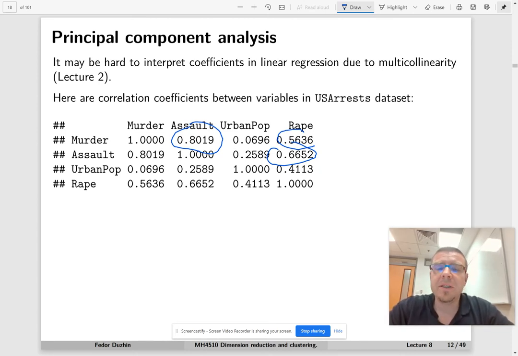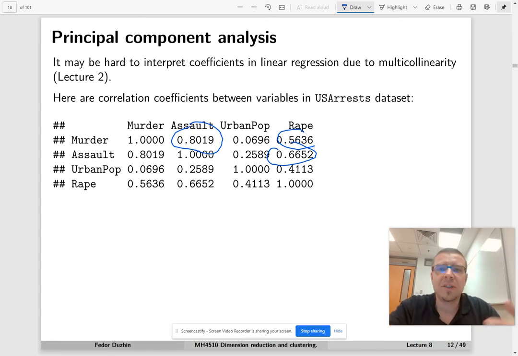So it means that hypothetically, if we used these 4 variables to predict some response variable, I don't know, happiness level or something, right? Then we couldn't really interpret the coefficient of murder and the coefficient of assault differently, right? Because if they were independent,